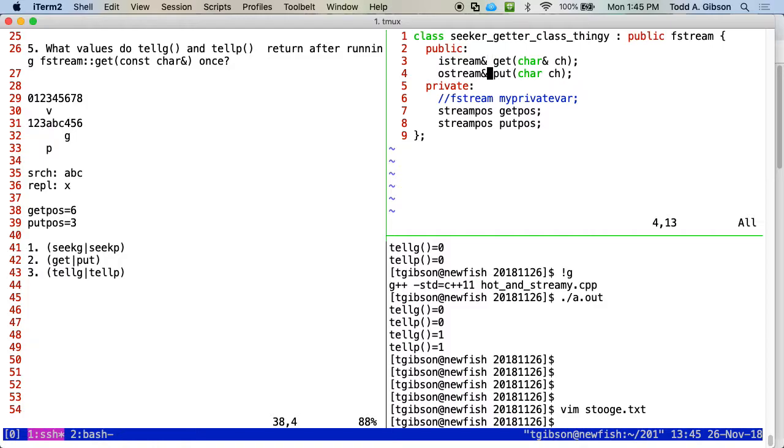And the way that looks, we can go ahead and write a little bit of code here.